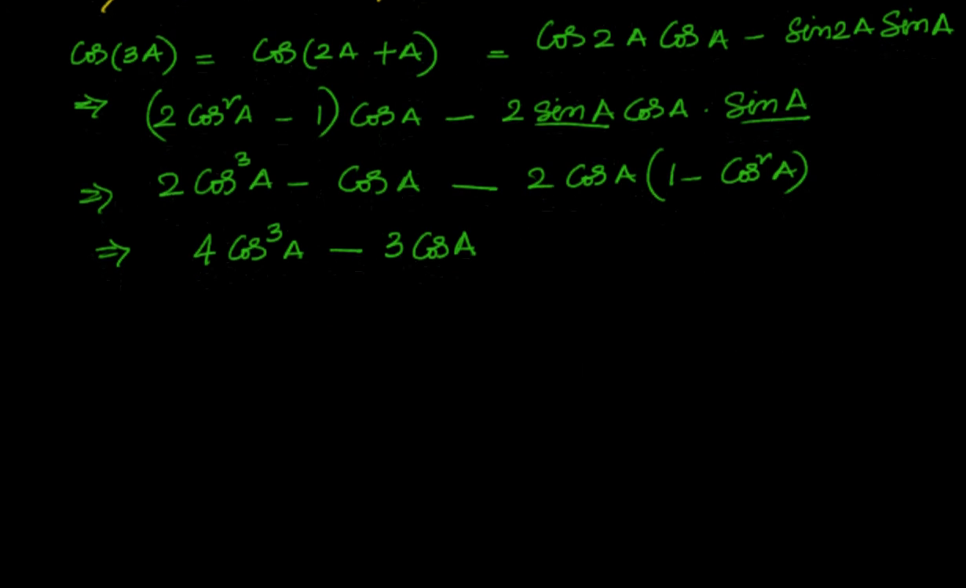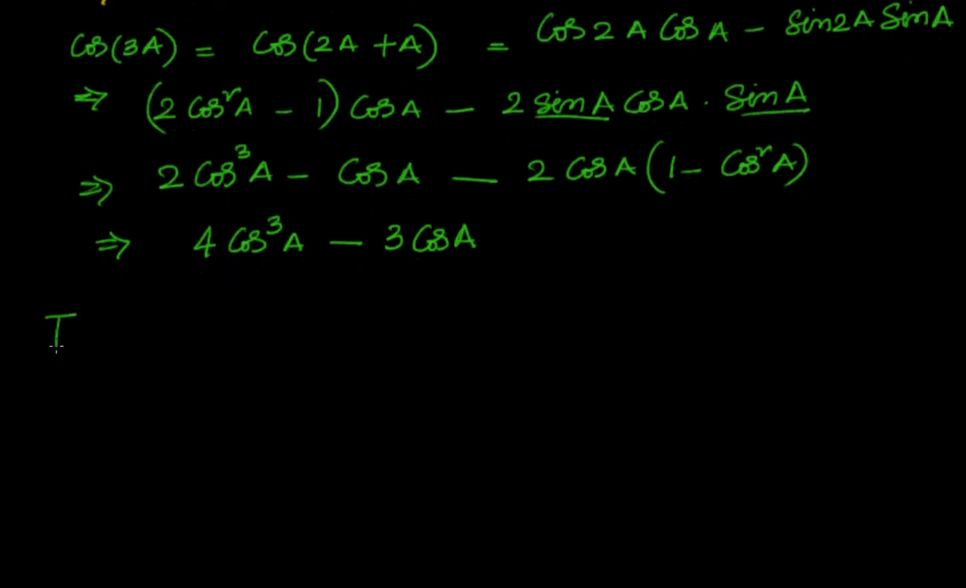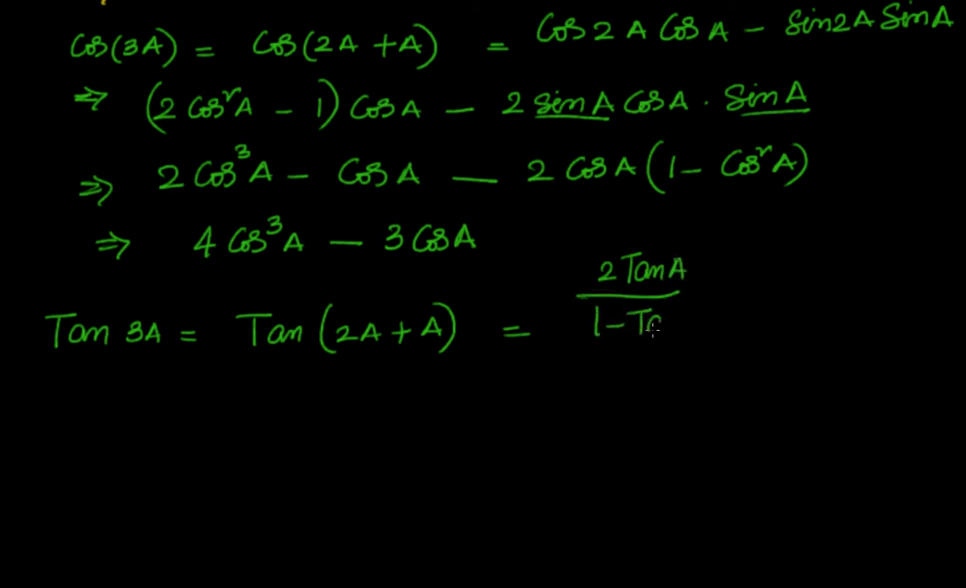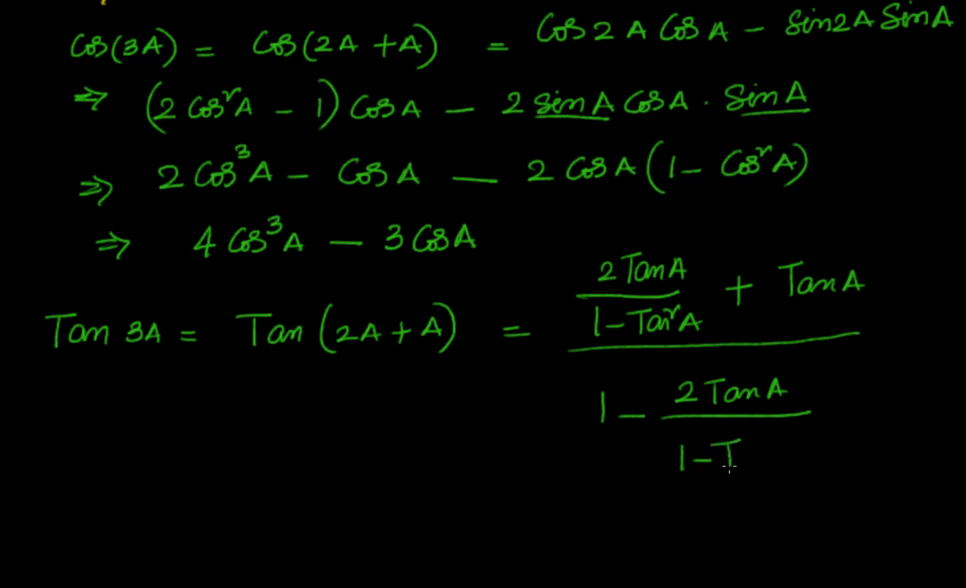Now you want to find out tan 3A. There are two ways to do it. The easiest way is, again, go with the same formula, tan of A plus B. I will write it as 2A plus A. Now we know the tan 2A formula. Just now we have learned that it is nothing but equal to 2 tan A by 1 minus tan square A, plus tan A, divided by 1 minus 2 tan A by 1 minus tan square A